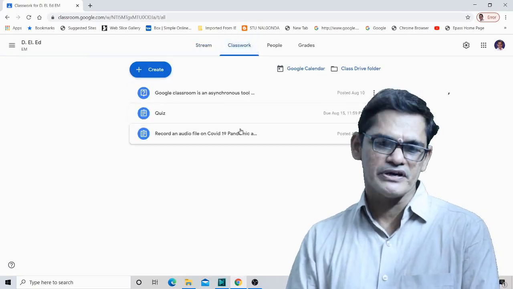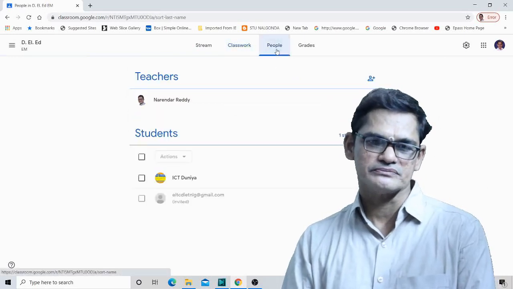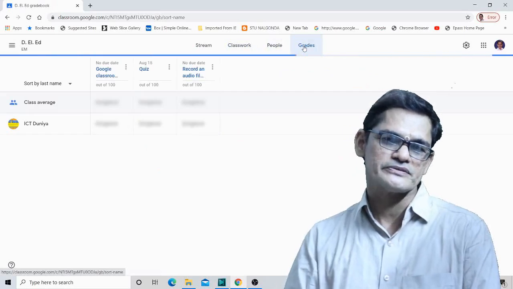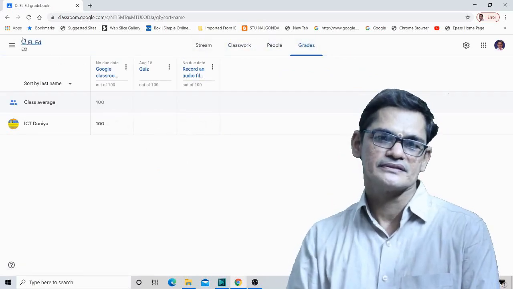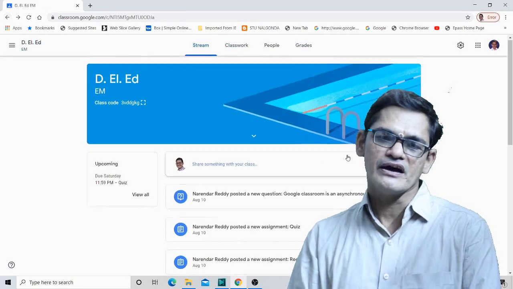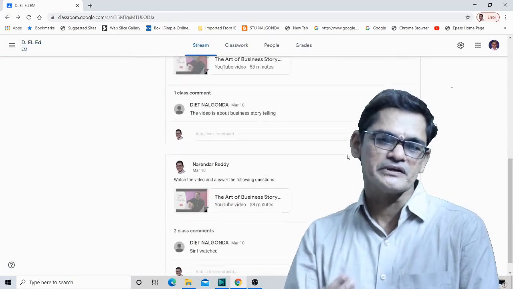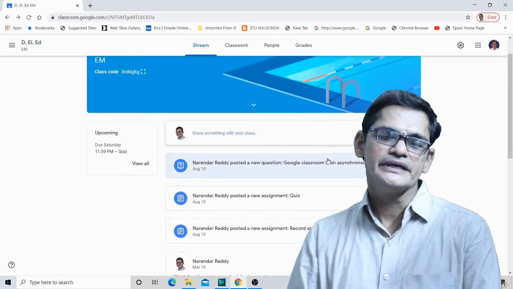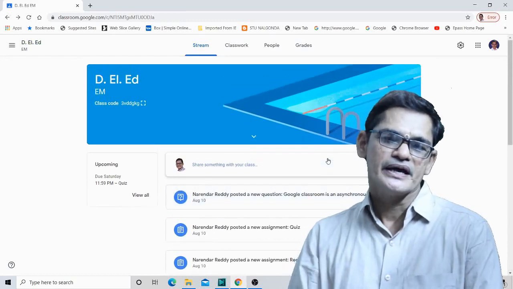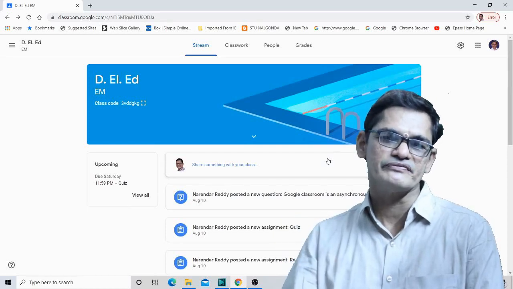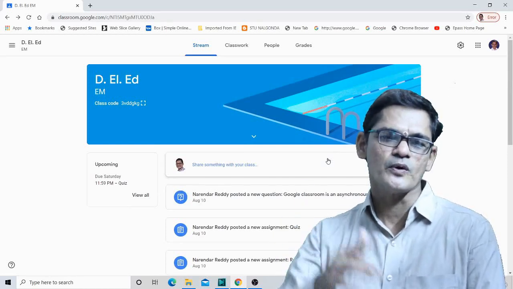Today we are going to discuss Google Classroom. As you know, most of the Google apps are free apps, meaning they are open resources. What is an open resource? Open resource means we can get that particular resource without any kind of payment. Here it is free to use. We can use it anywhere else. We can download it, we can modify it, we can make use of it. This is called open resource.